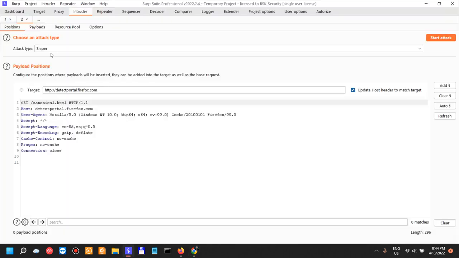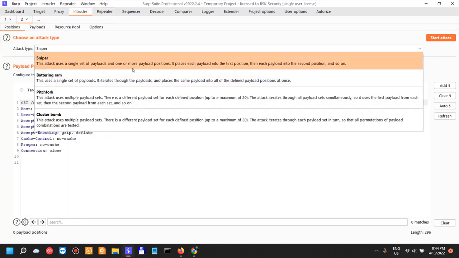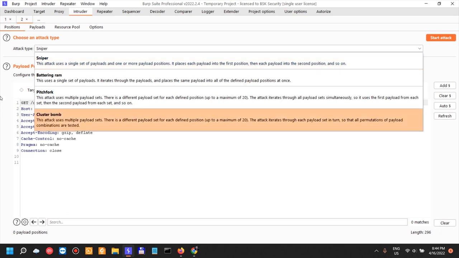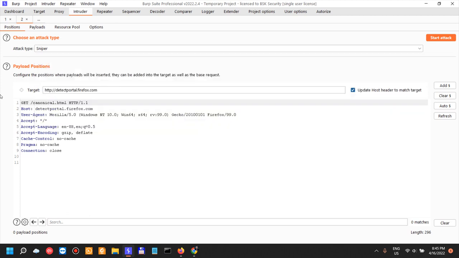So for example, a sniper uses a single set of payloads and one or more payload positions. It places each payload into the first position, then each payload into the second position, and so on. For reference, in my pen tests, I mostly use the sniper one. So for example, if I'm trying to determine